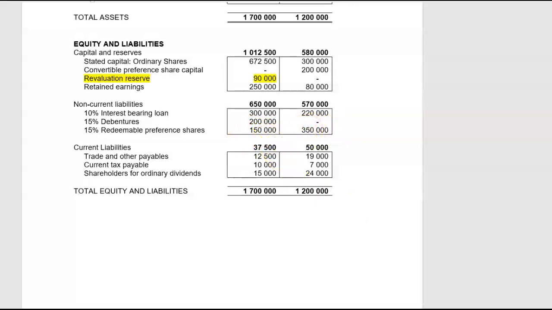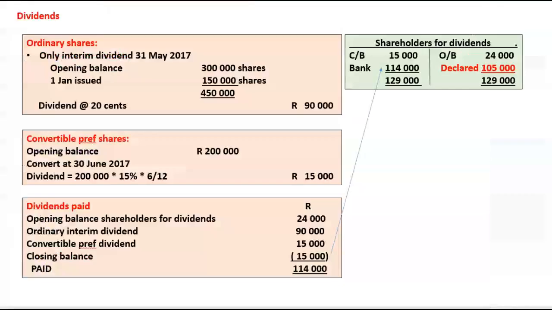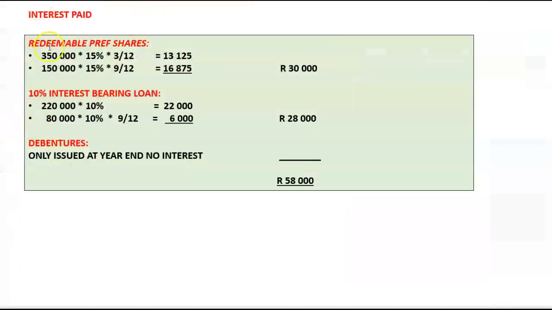So let's go and calculate our interest. The interest: redeemable pref shares, 350,000 multiplied by 15%, multiplied for 3 months, that is up to the 1st of April, was 13,125. From the 1st of April until the end of the year, that was then a total of 9 months, and that gives us then